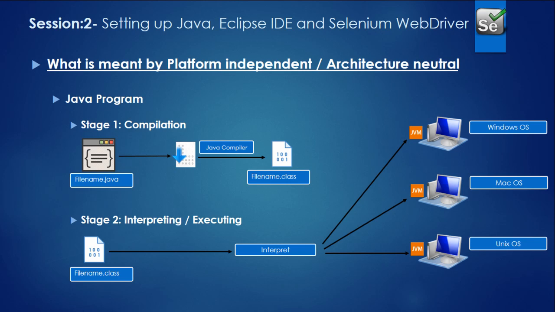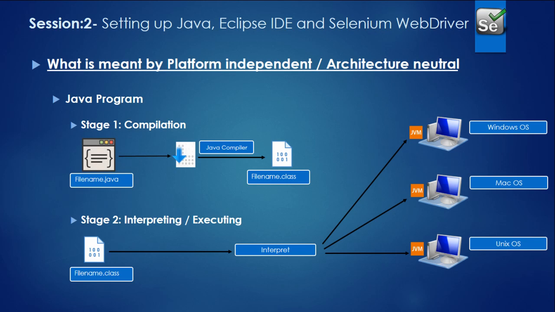As you can see from the illustration, a Java program consists of one or more files with the .java extension. When a Java program is compiled, the .java files are fed to the Java compiler, which produces a .class file for each of the files. These .class files contain the Java bytecode. The Java virtual machines will interpret the bytecode written in these .class files and execute them for the specific platform. So the Java code doesn't need to be recompiled again and again for each platform, and this is how it